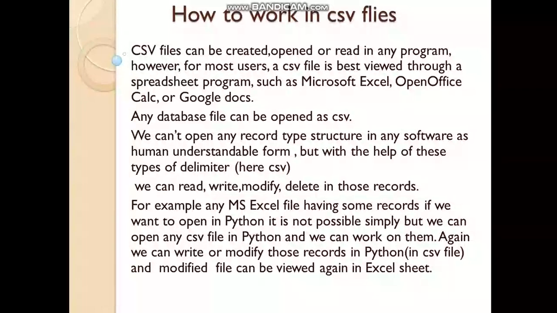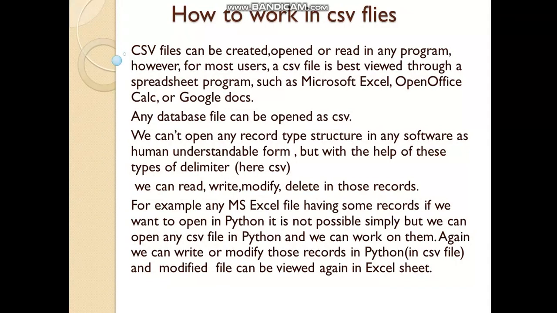How to work with CSV files. As I have already discussed, these files can be easily opened and viewed, where we can maintain a record type structure like in an Excel sheet, Google Docs, OpenOffice Calc, and these files have the extension .csv. The most common example is Excel, where there is a feature to save the file as CSV.